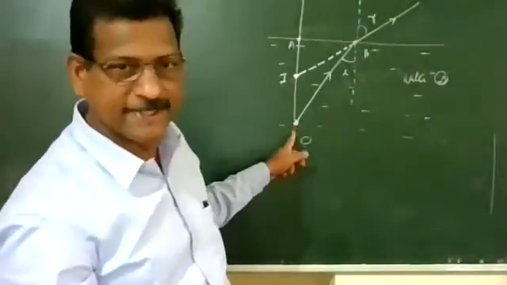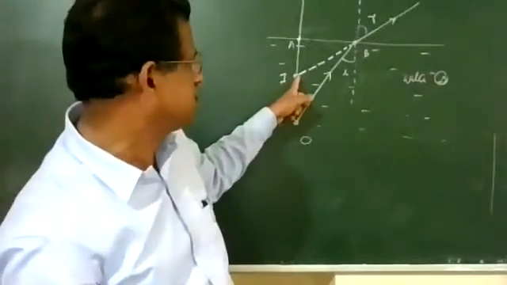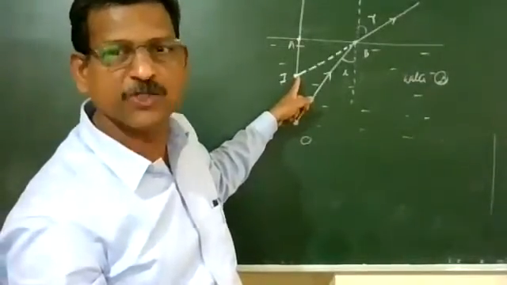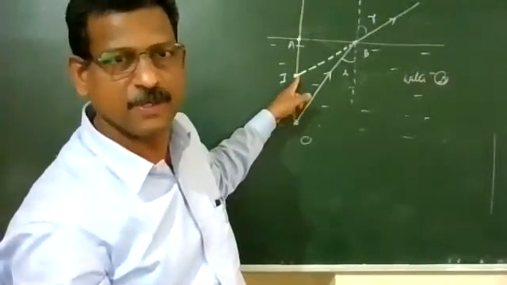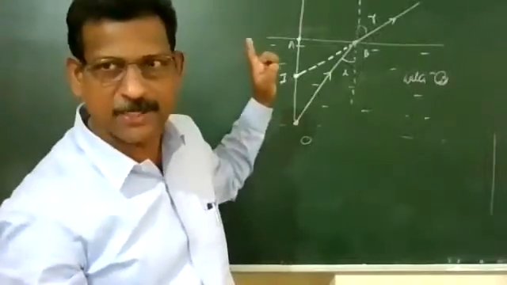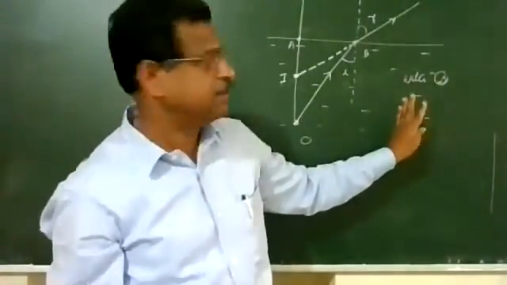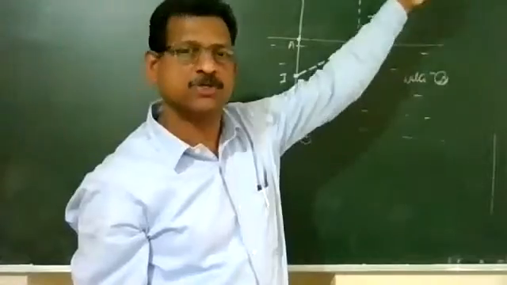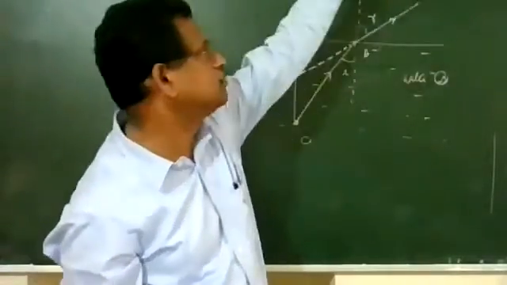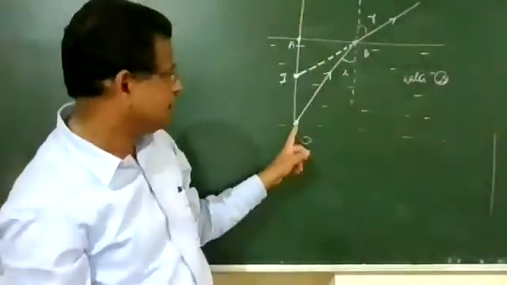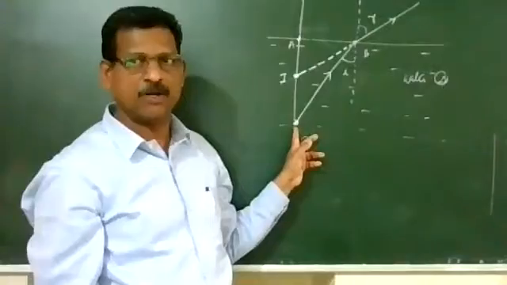Position of the coin is here and its image is here, so it appears to be raised. The two rays we are considering: this is a water medium, or any denser medium it can be. This is a rare medium, so we are taking it here as L, we are observing from L. Object is here in water or in denser medium.